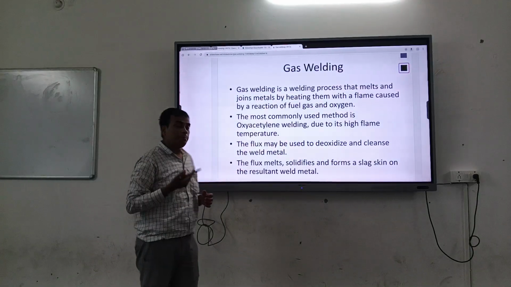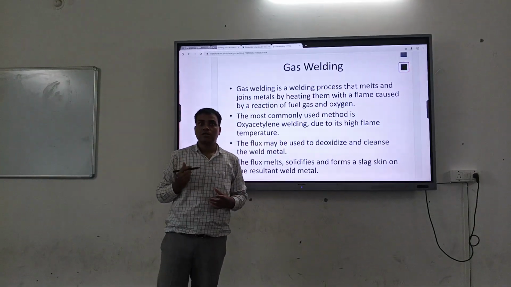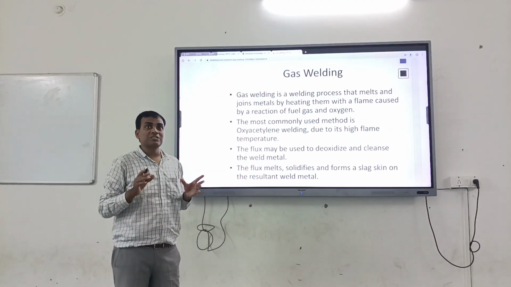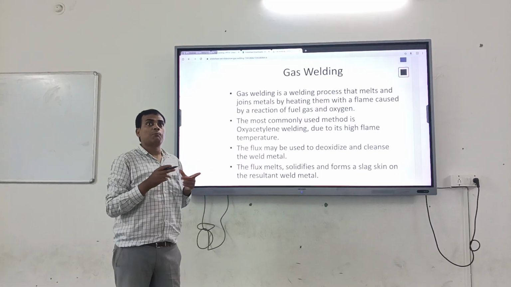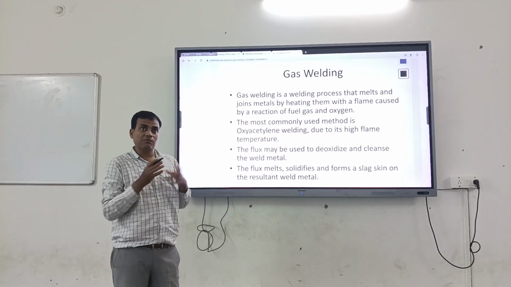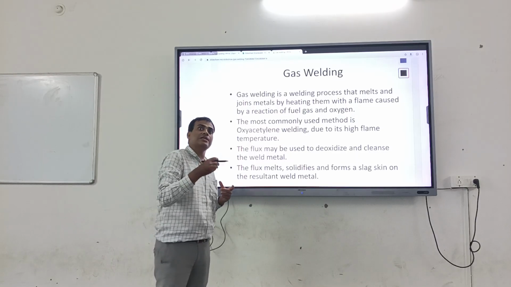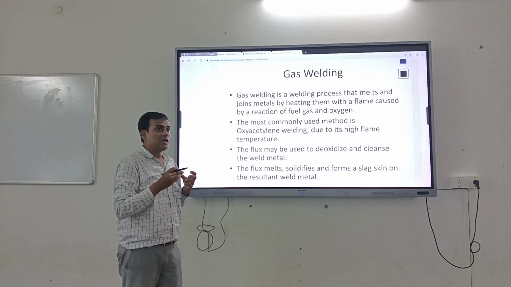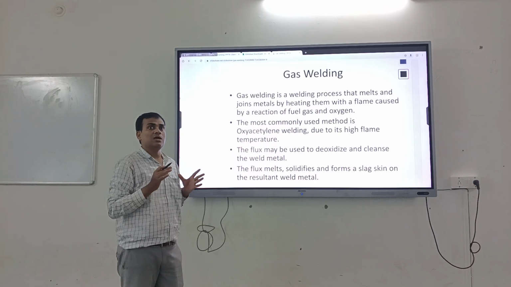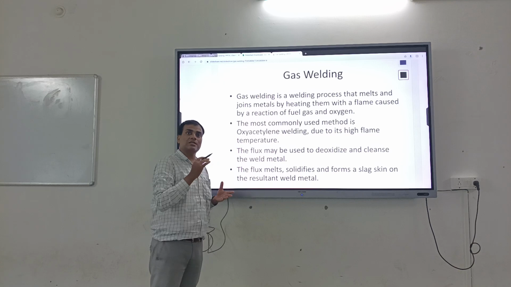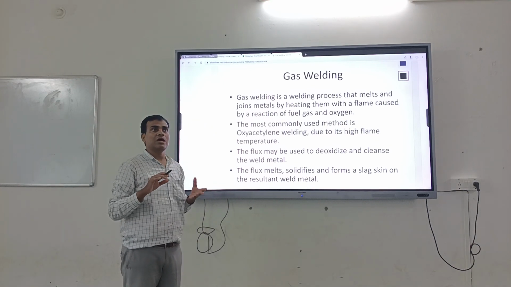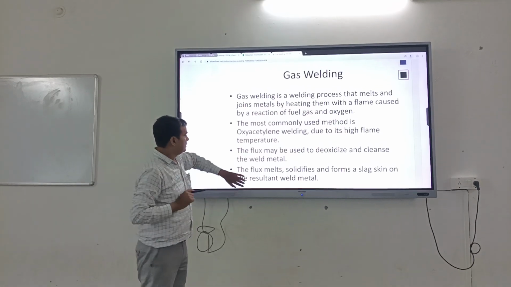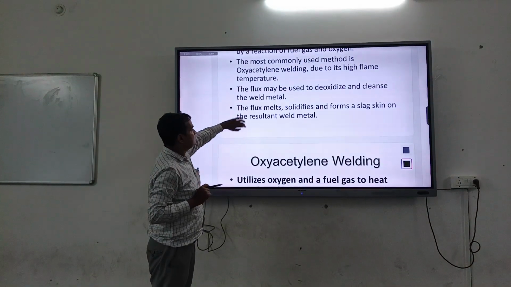Sometimes we use flux. Flux has only one purpose: it protects the weld from the environment and also provides a neat and clean joint, so that the joint will be completely defect free. After the completion of the joint, the flux is removed by hammering. And the next slide is oxyacetylene